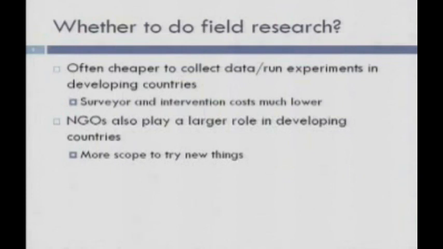It's much cheaper to hire survey enumerators. And the cost of intervention, to make a substantial difference in the per pupil spending in the US, for a significant number of pupils or schools, is going to be fantastically expensive, beyond most of our research budgets. It's actually quite doable in developing countries.